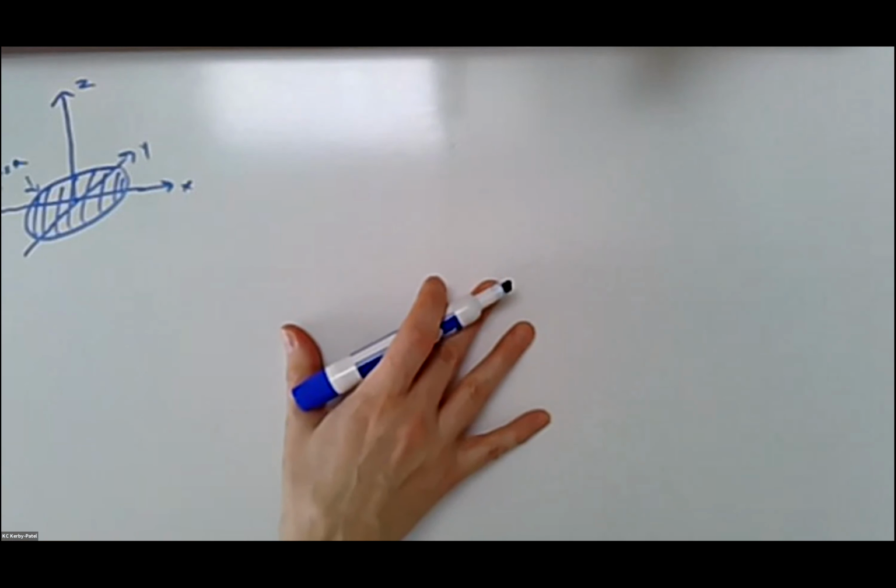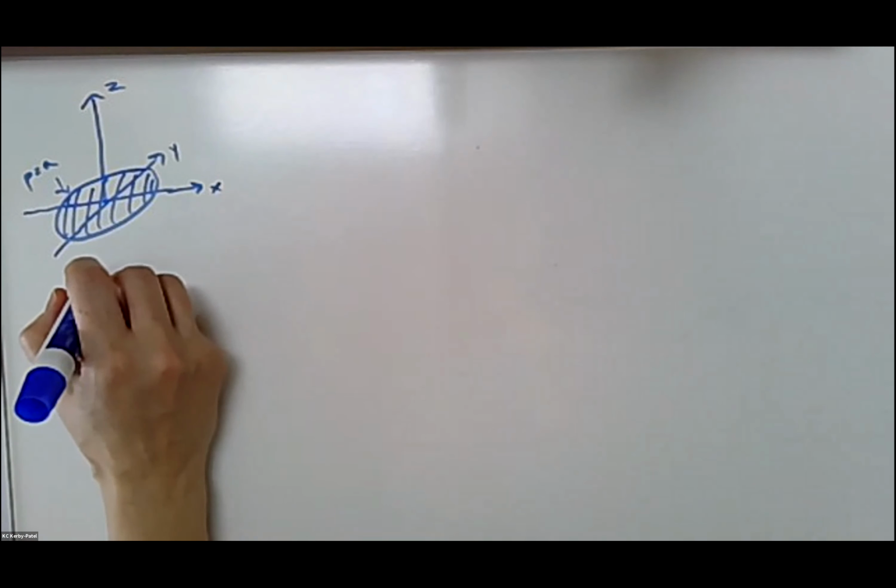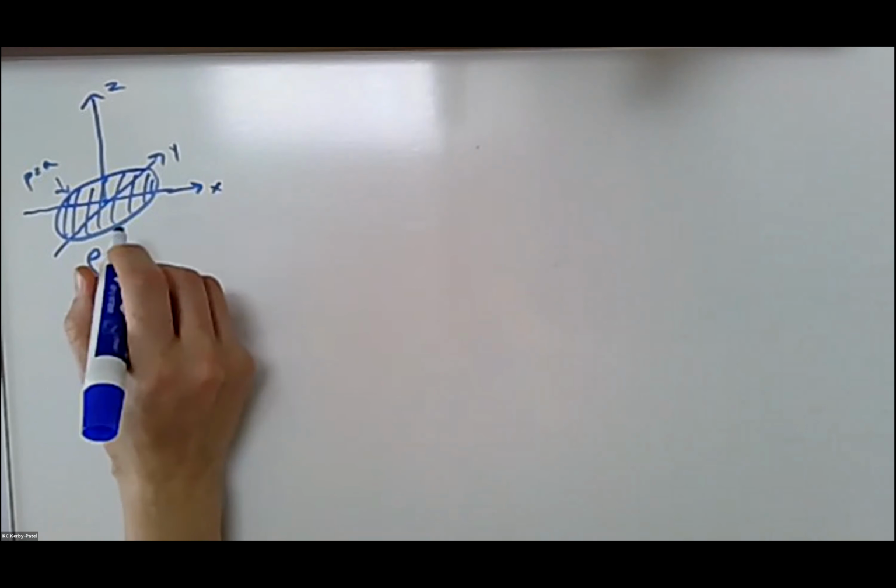And on my disk, which has radius A, I have a uniform surface charge density. So I'm just going to write down rho s constant. So far, so good. Now I would like to determine the electric field intensity on the z-axis due to this